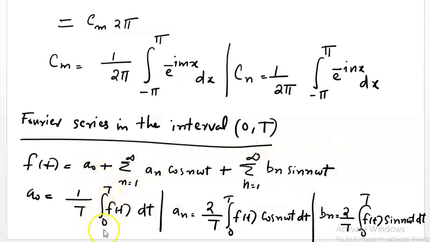a0 you will get 1 by T integral 0 to T f of t dt. an equal to 2 by T integral 0 to T f of t cos n omega t dt, and bn equal to 2 by T integral 0 to T f of t sin n omega t dt. Okay, so the Fourier series for this interval 0 to T can be